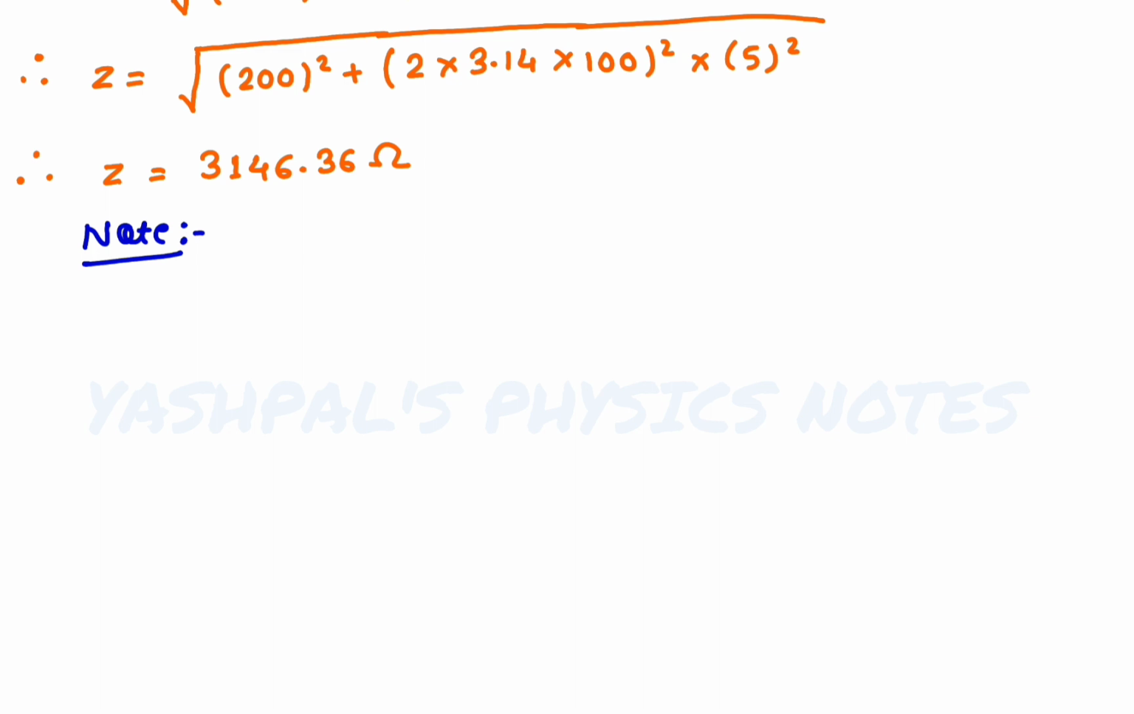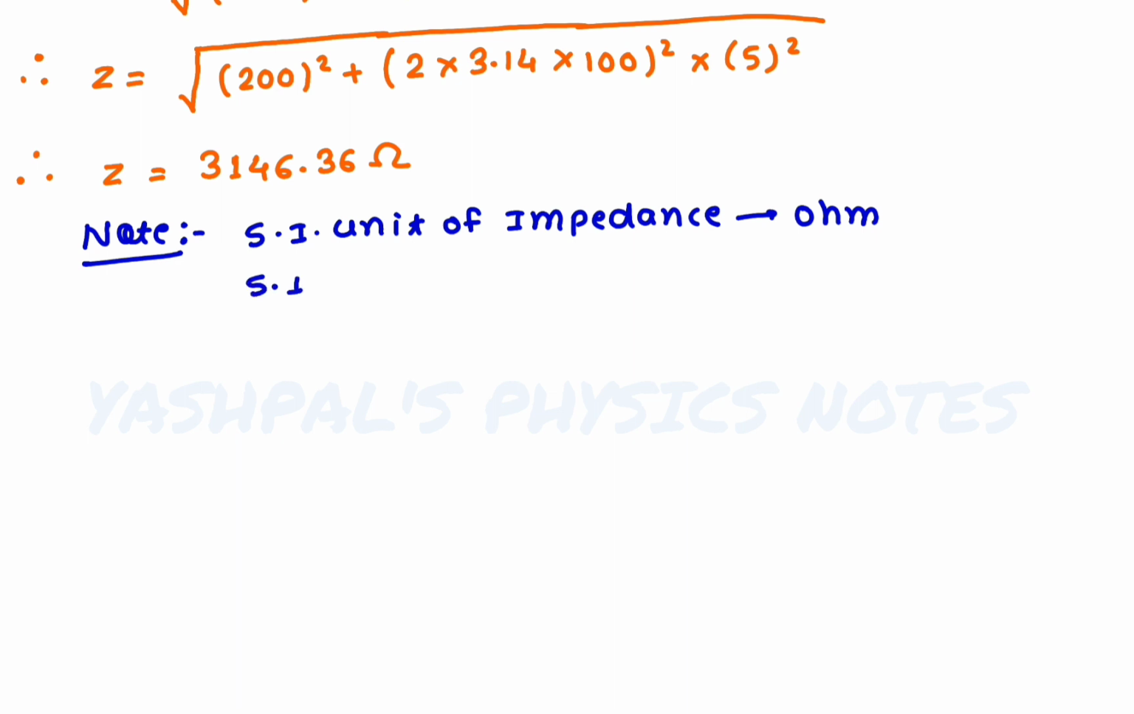So SI unit of impedance is ohm. Also SI unit of reactance is also ohm. So don't get confused here. Okay, so we have found the value of Z, that is impedance,